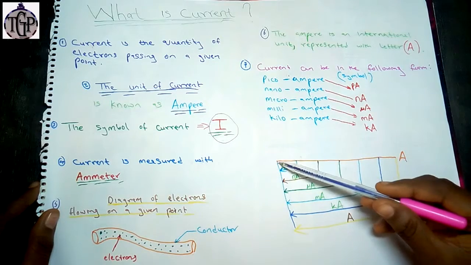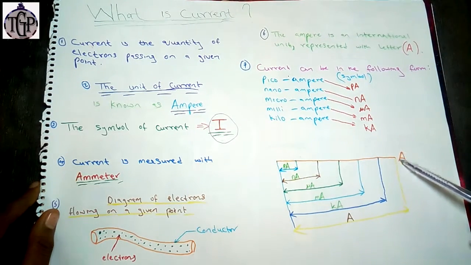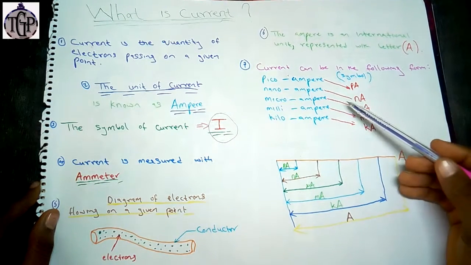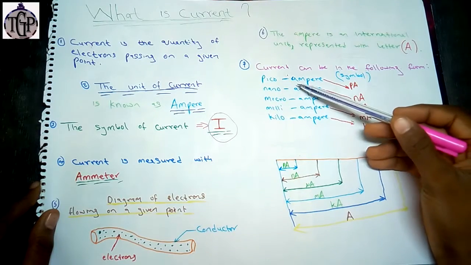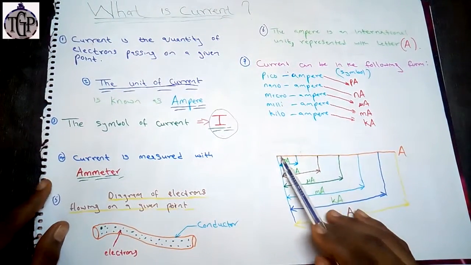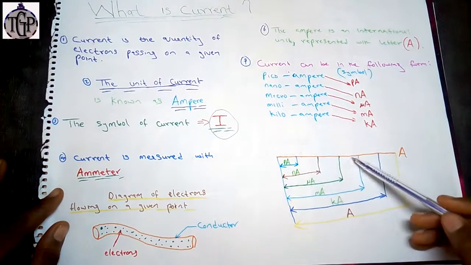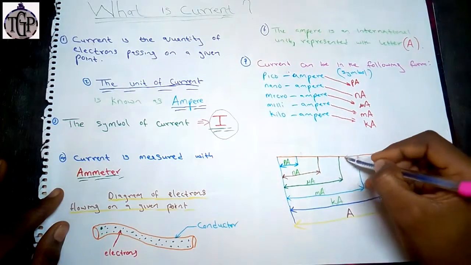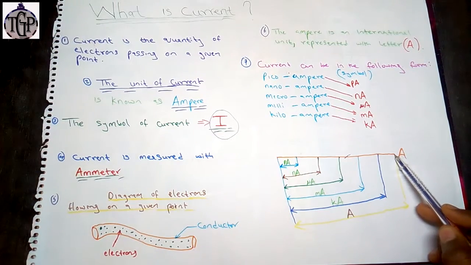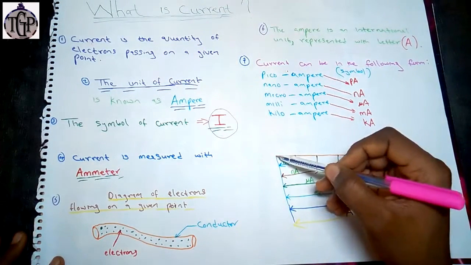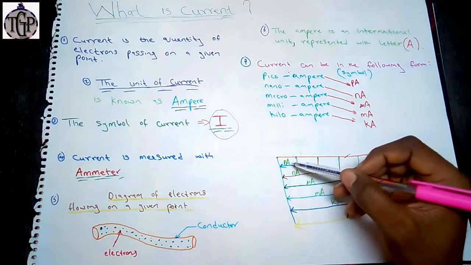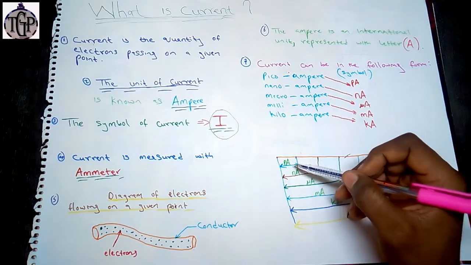Let's say that we have a length of current, which is letter A, which is ammeter. Let me try to explain what I mean for beginners. If you don't know anything about this, let me explain it using this line of measurement. Let's say this here is the length of current passing on a given point, and you are asked to measure from this point to this point. When you hook up your multimeter or your ammeter to measure,